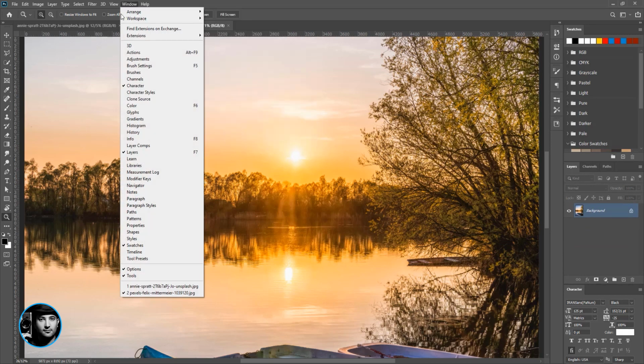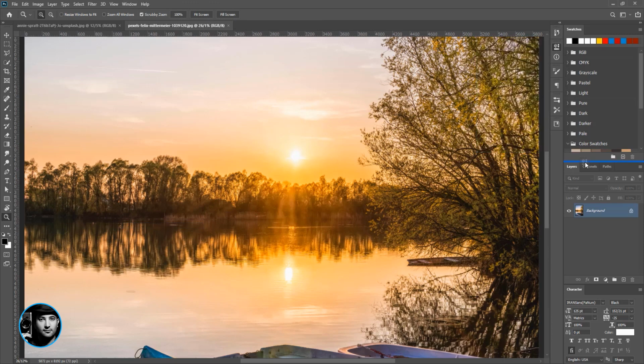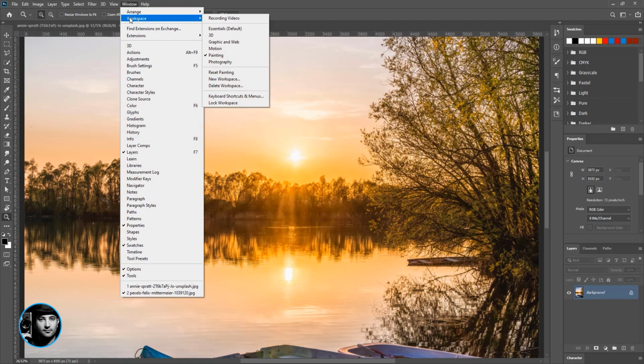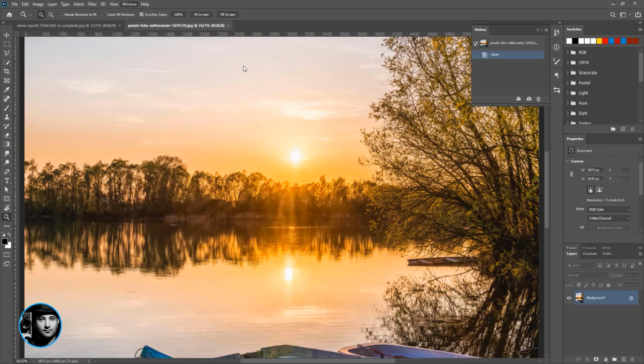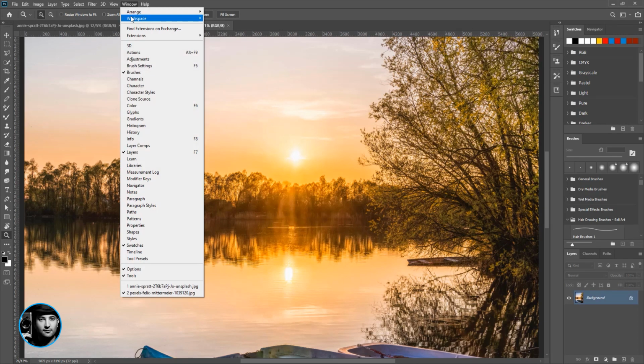Let's go to Window, and again bring back the Properties. I can put the Properties here as well. I'm just going to click it, drag it, and put it here. If you don't like this, go back to Window, Workspace, and Reset Painting. So everything goes back to normal and default. So by default, I'm just going to come back here and put it on